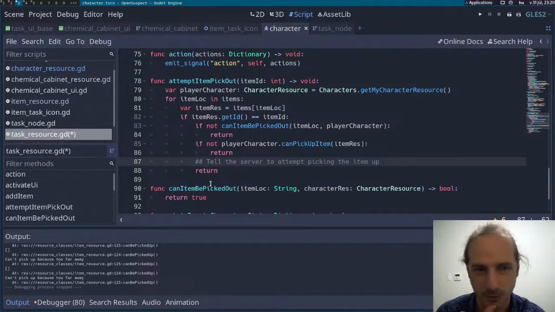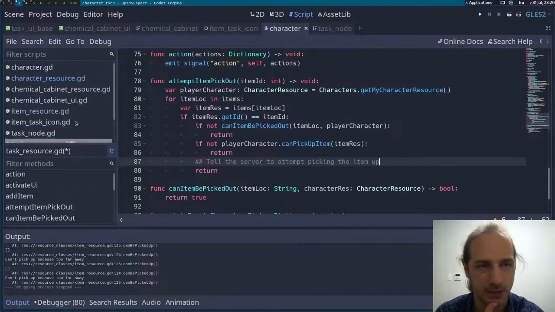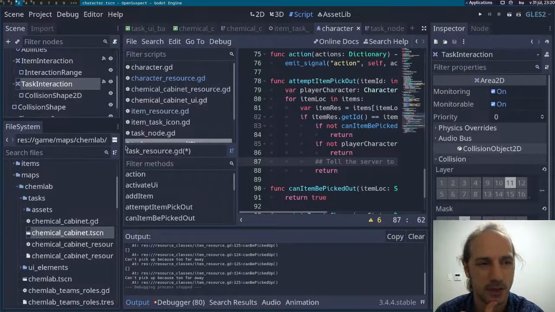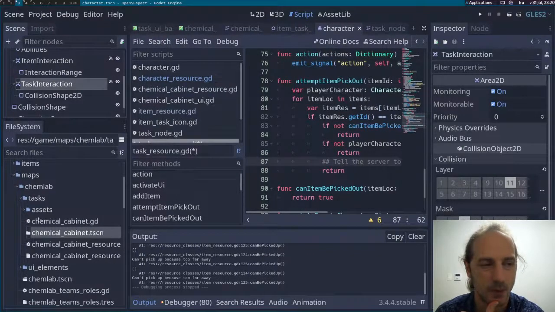So we need to tell the server to pick this item up, which